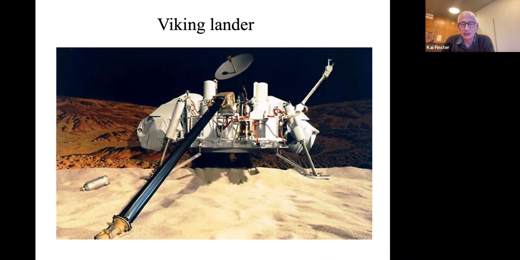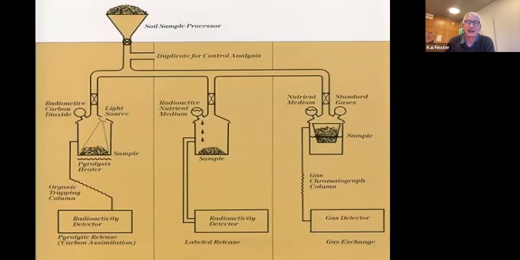They did 3 major experiments where they were looking for the possibility of life on Mars. And I just have a very primitive sketch that summarizes these 3 experiments. One was dealing with the possibility of photosynthesis, one was dealing with the possibility of heterotrophic processes, and there was one, which is the one in the middle.